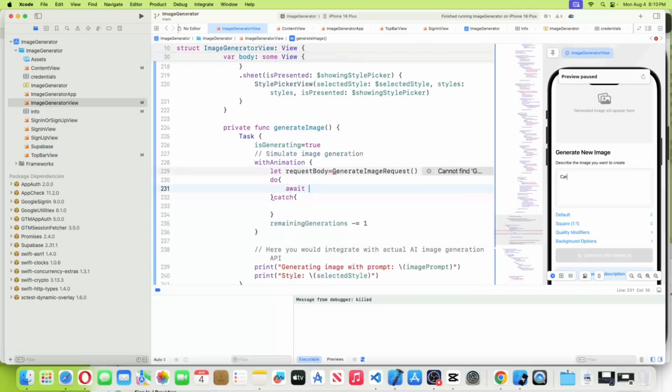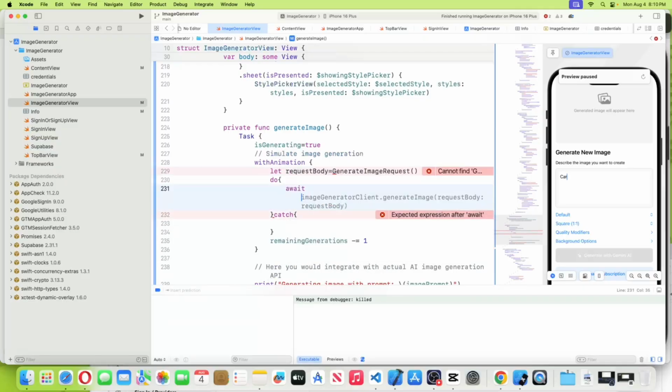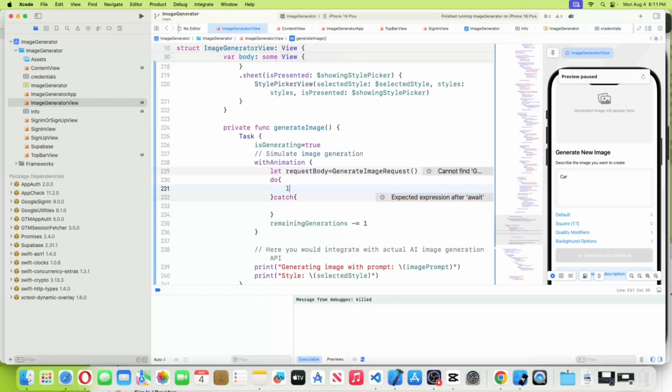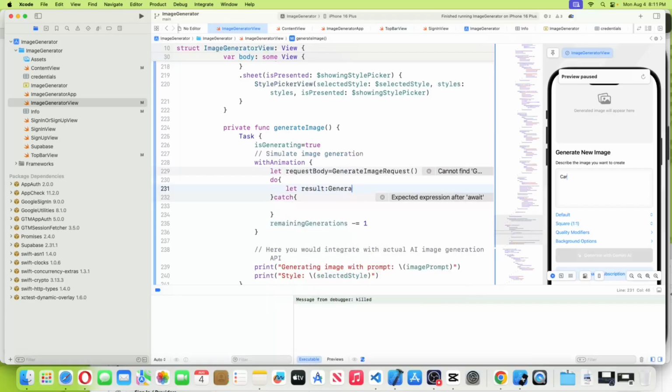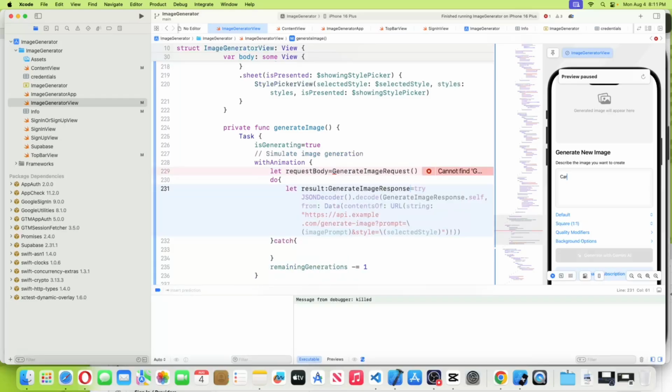Let's say let result, which is of type GenerateImageResponse. So it's just like the URLSession call for a generic REST API call, but this is